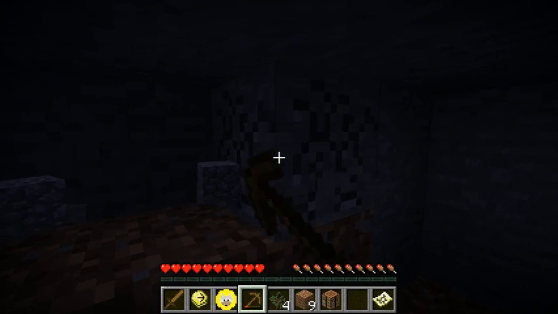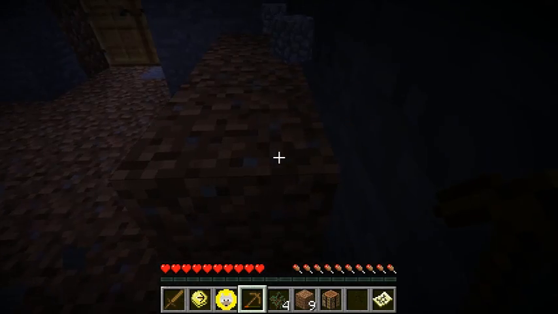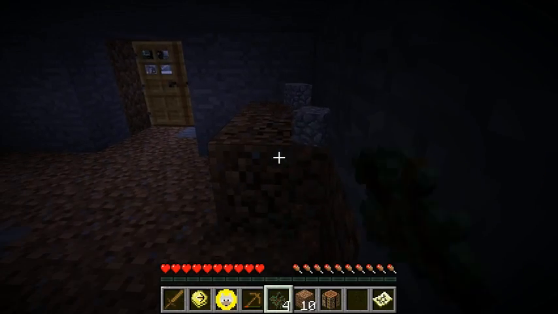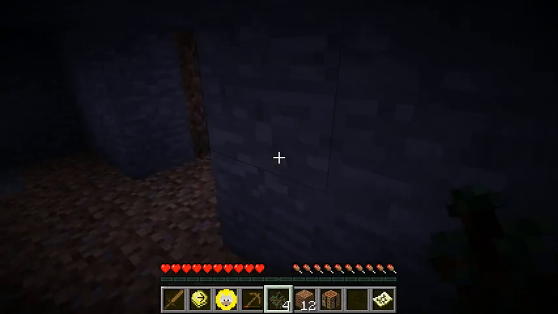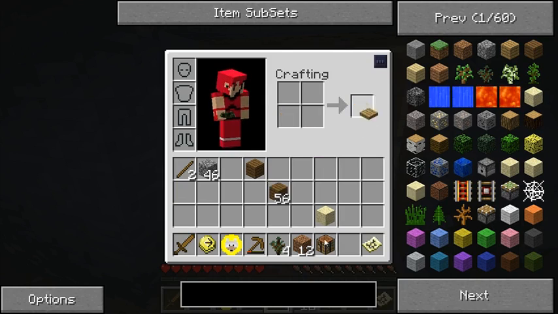6x4. Well, it's not totally symmetrical. That'll be good enough, though. Not sure why I went with the double door. I think I heard that one of the more recent patches fixed how those things worked. Used to be something about...